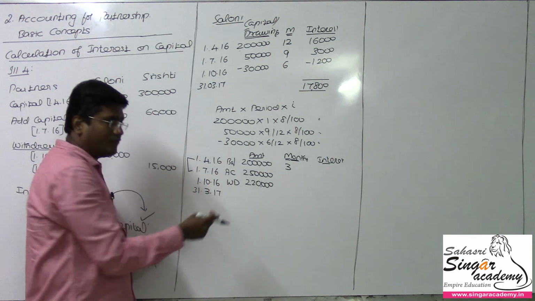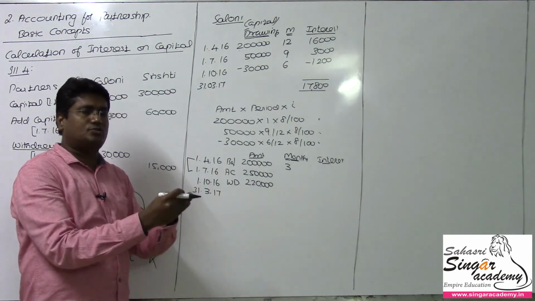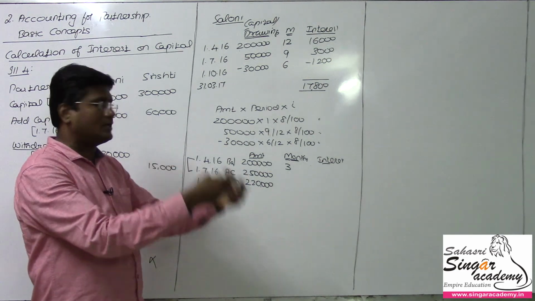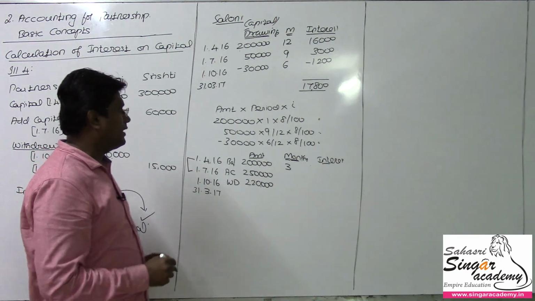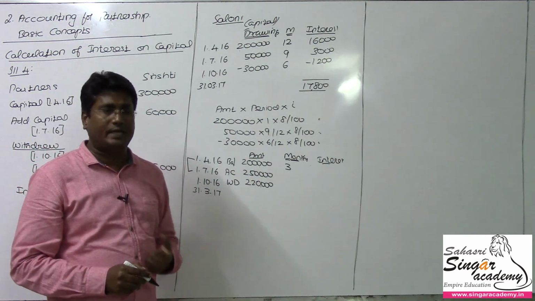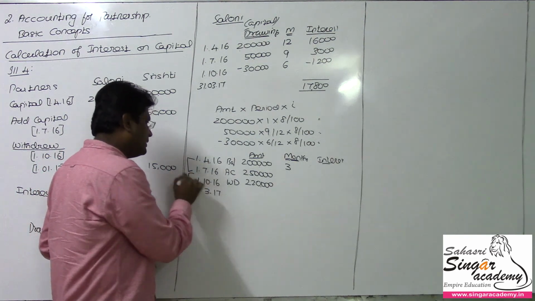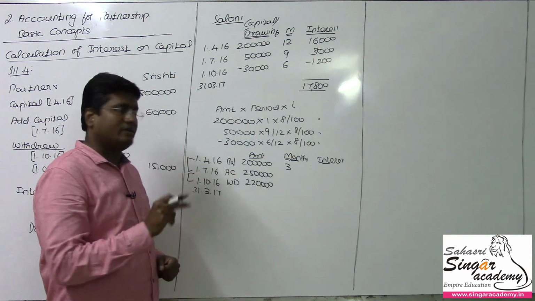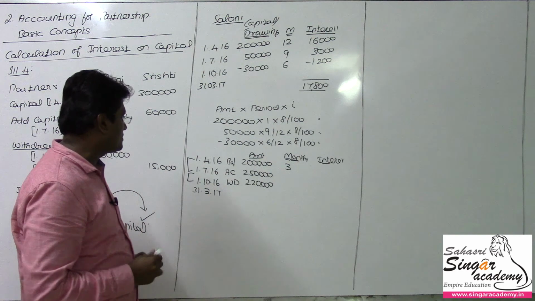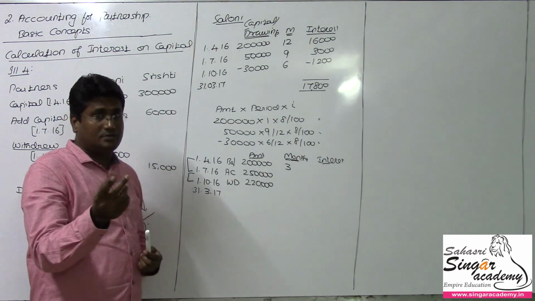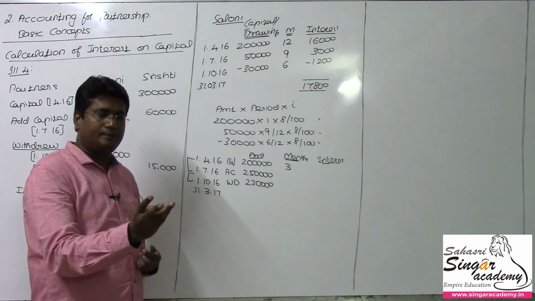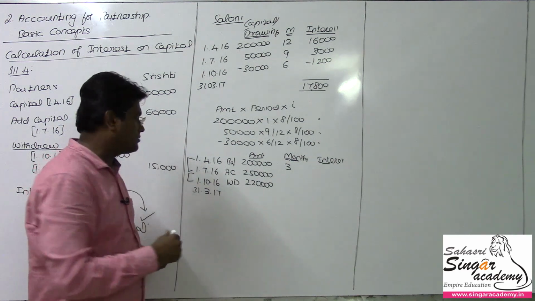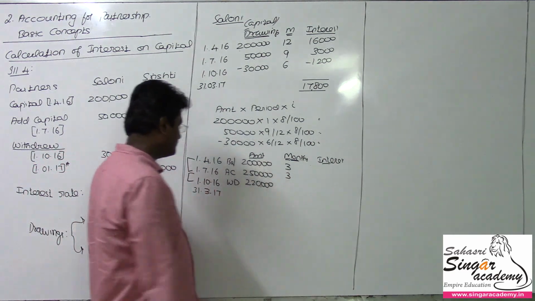And for the 2.5 lakhs, the moment we reach the 1st July, we invested, that means Saloni invested another 50,000, the investment rises to 2.5 lakhs. For the 2.5 lakhs, you have to calculate the interest at the rate of 8% for how many months? From this to the next change. 1/7/2016 to 1/10/2016, of course 10 first day, so you should not add that. So 1st July, August, September, only 3 months, so you have to consider only the 3 months.